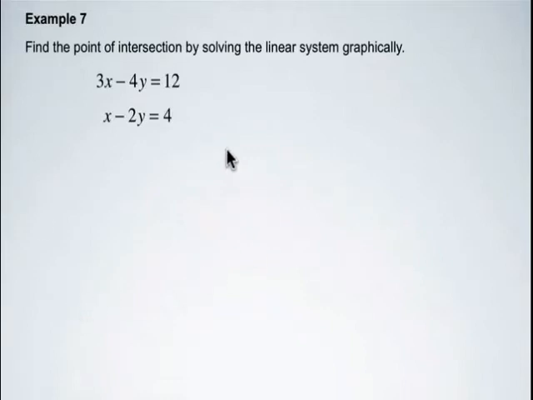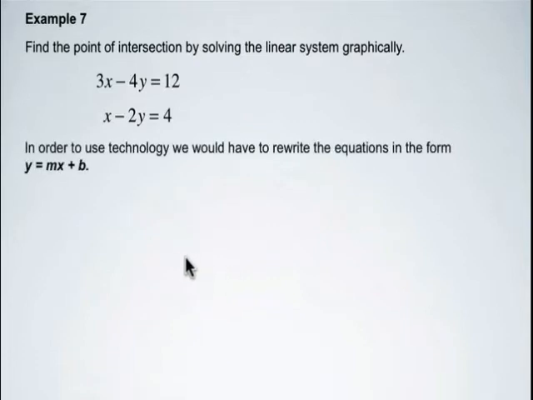So now if we're going to graph this linear system using technology, we're going to have to put the equation in y equals mx plus b form, or we're going to have to do this if we're going to use the slope y-intercept method for graphing a line by hand. You could also use at this point the intercept method where you sub in for x equals 0 and find y, and then plot the